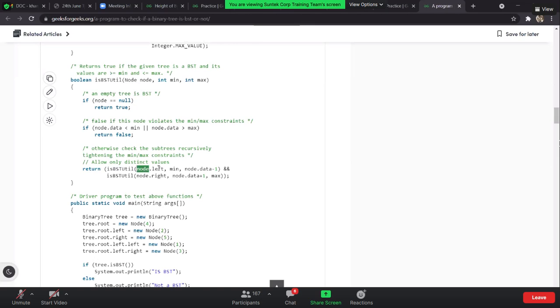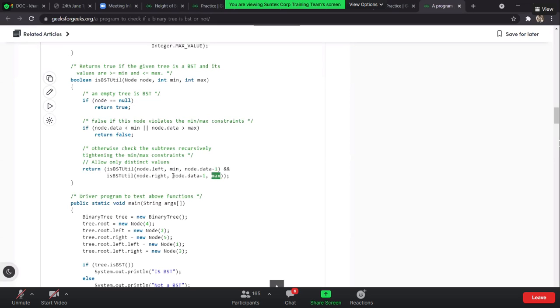So node.left with min and node.data minus 1: on the left side, the value should lie between min and node.data minus 1. On the right side, it should always lie between node.data plus 1 and the max.